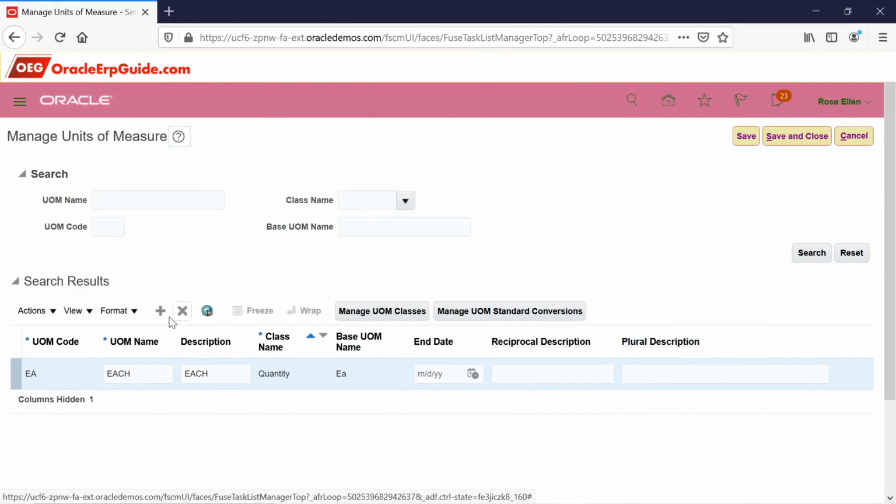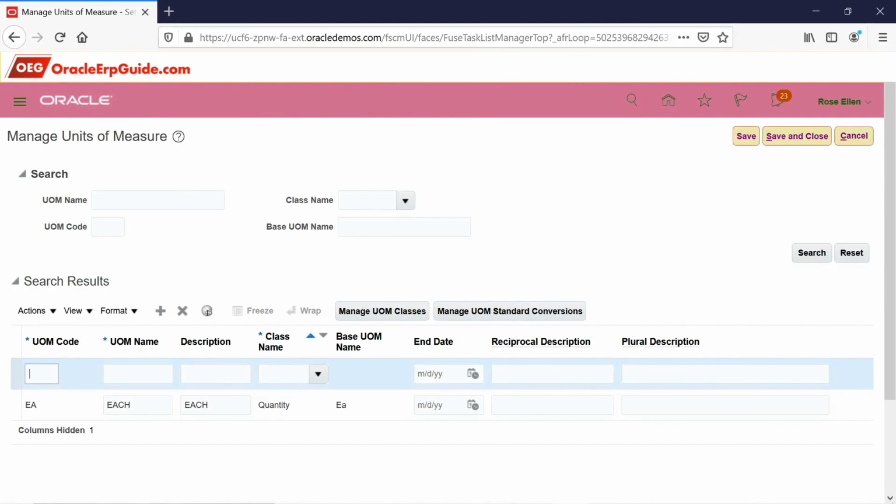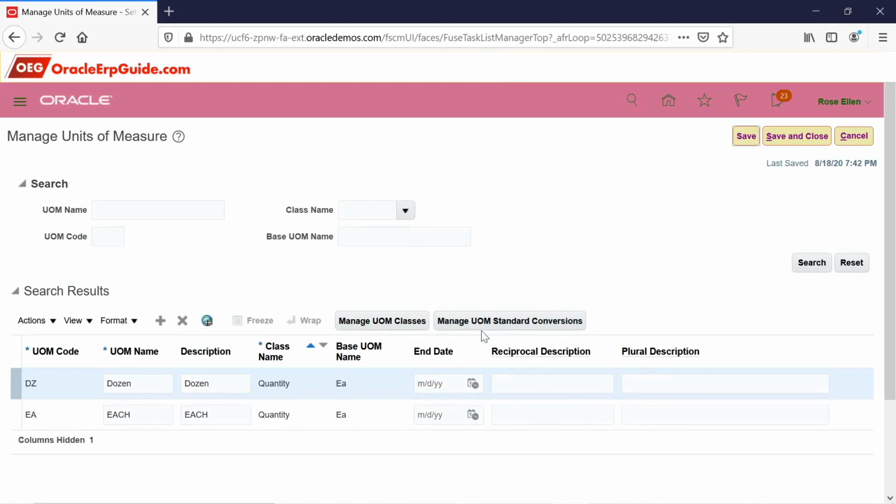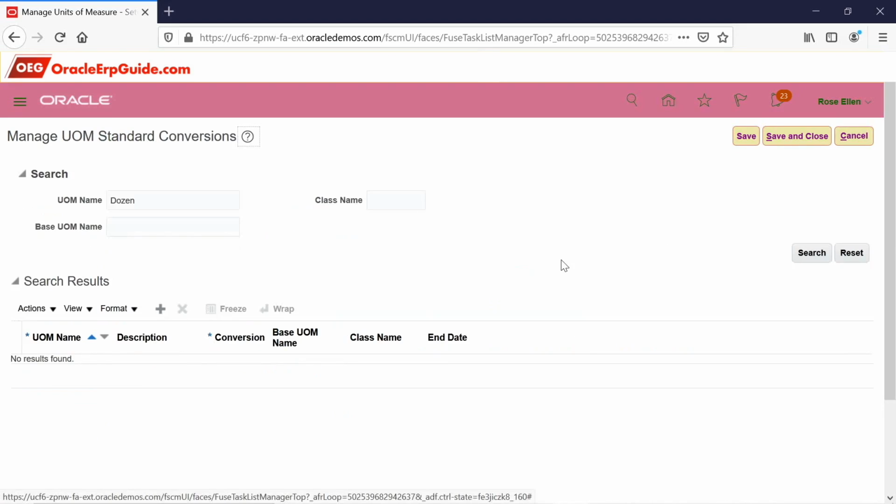Let's create dozen and let's see how to convert dozen to each. Since we already have each, let's create dozen so that we can see how it can be converted. So UOM class will be quantity, hence the base UOM will be EA. Save it. So now we have to convert dozen into each. So let's click on manage UOM standard conversions.